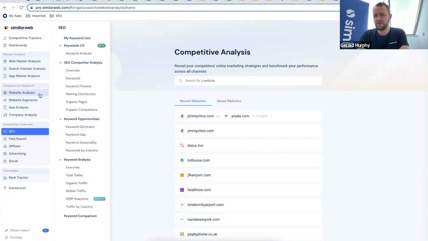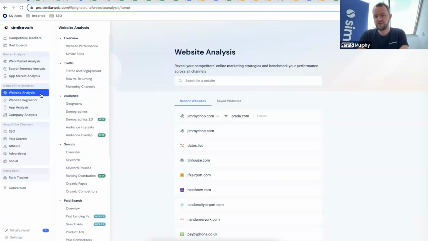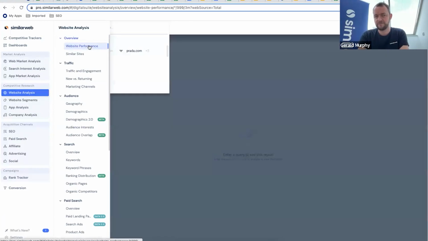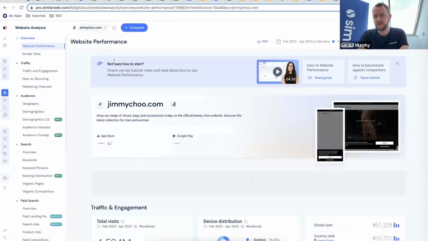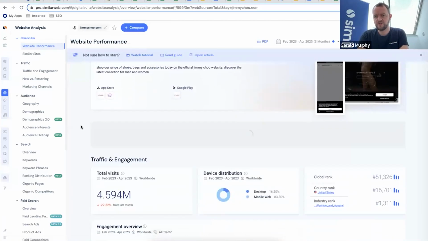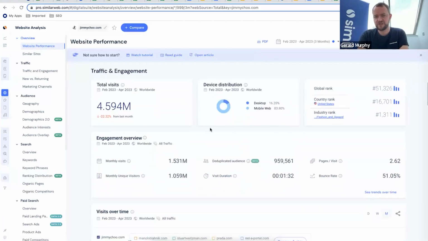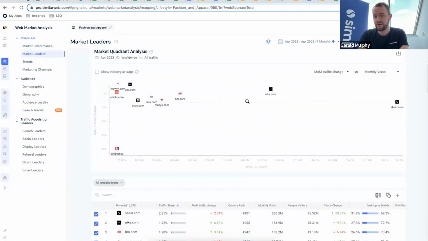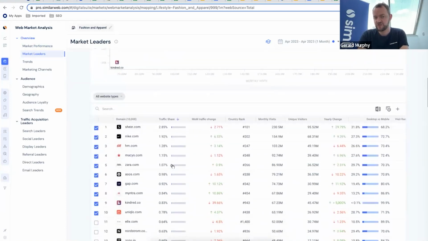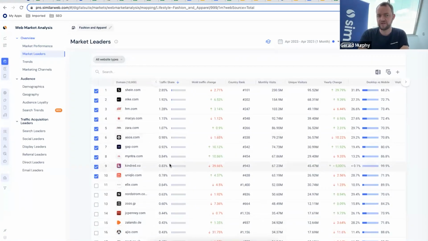One fantastic and well-known thing that we're renowned for is website traffic. So what it's allowing you to do is to go in and find out how much traffic a website is generating. So you can literally go in, put in a website, like for example, Jimmy Choo. And what it's now going to do is tell you how well that particular website does, by which device it generates most traffic, which industry it sits in. You can actually go in and look at an individual industry itself and find other websites within that space so that you can analyze how they're performing over time.